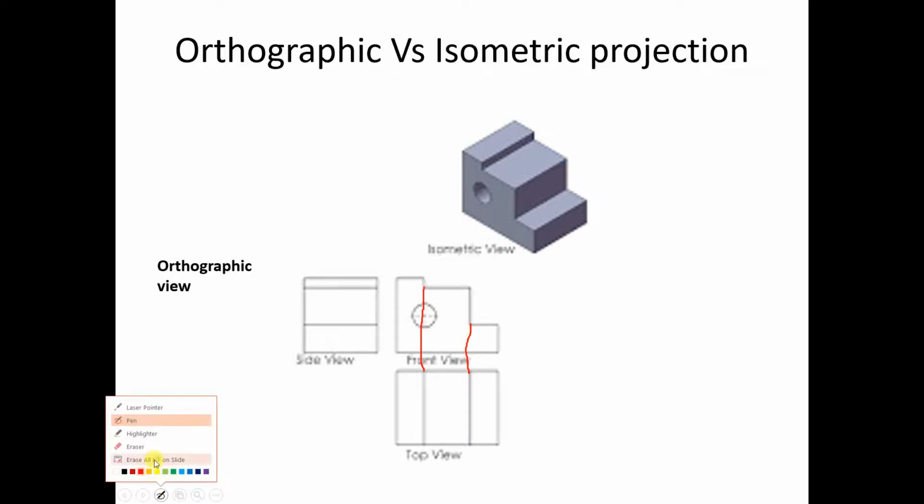Okay, now there is some data missing. So there is a hole. So whether it is a half or through hole, let us assume it is a through hole. So the through hole has to be represented in the top view. So you have to represent there is a hole inside this object. But it is hidden inside. So we have to represent this hole in the top view.